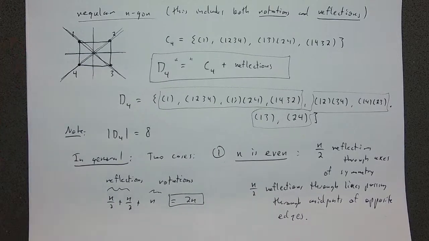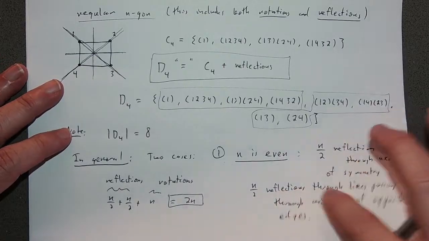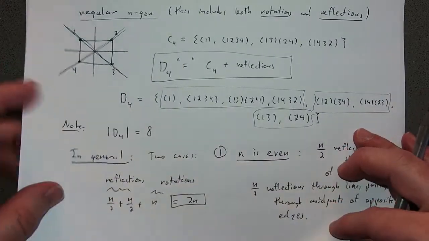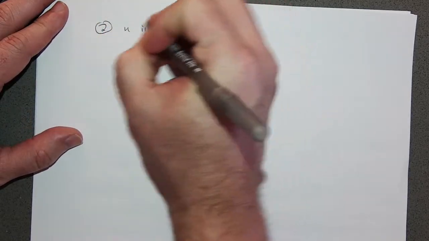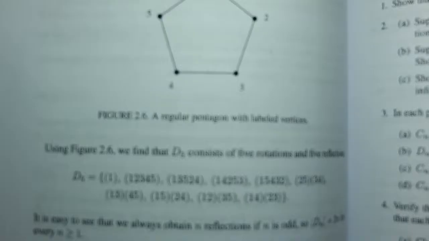But we assumed that n was even. Okay. So what if n is odd? So, n is odd. Rather than write out the count in this way, what I'm going to do is the following. I'm going to show you a picture